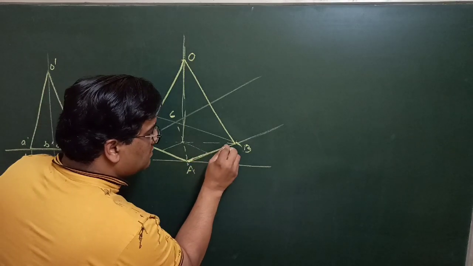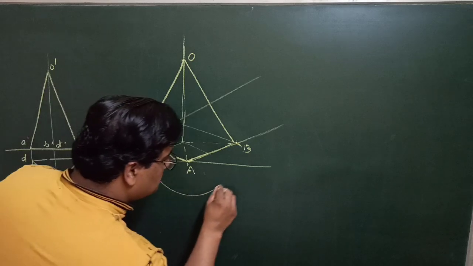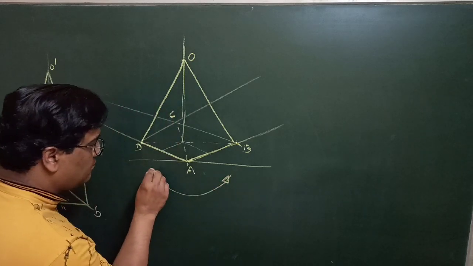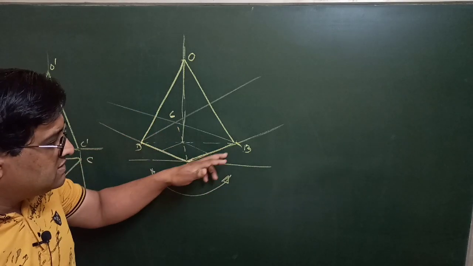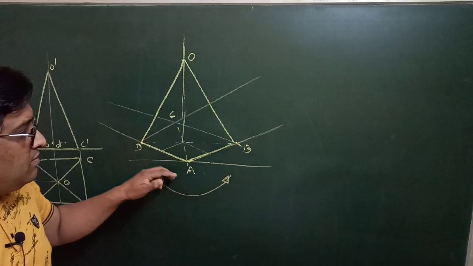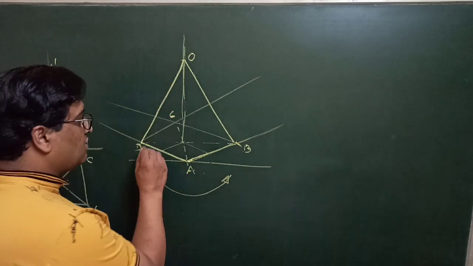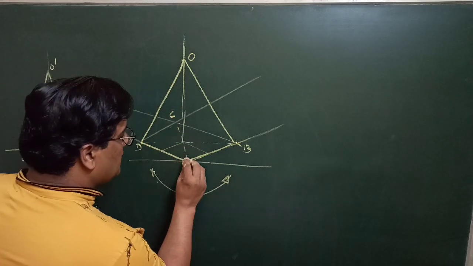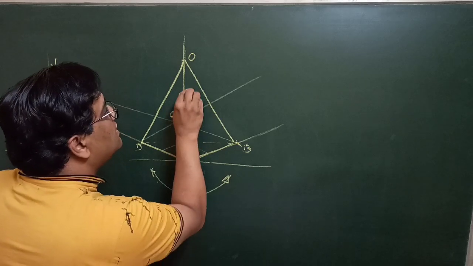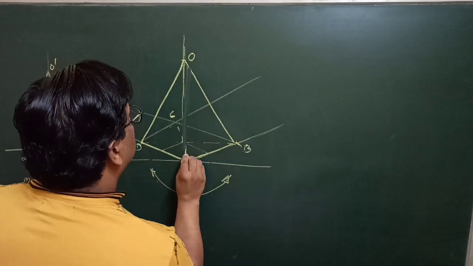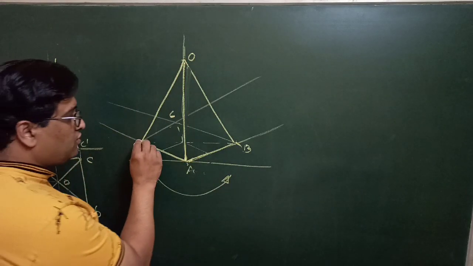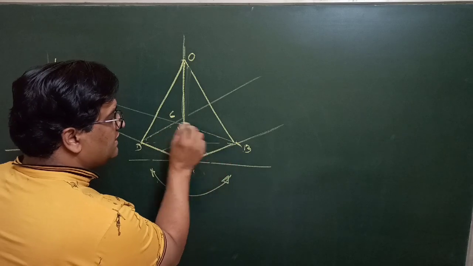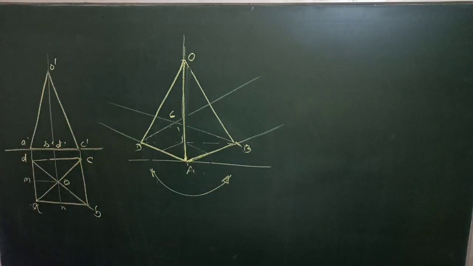Always remember, you have to see in this manner. Whatever is nearer to these arrows, means these lines, they are visible. The behind lines are not visible. These lines need not be shown, and this apex will also be represented here like this. You should not show these lines as hidden lines, because in isometric projections we generally don't show the hidden lines.